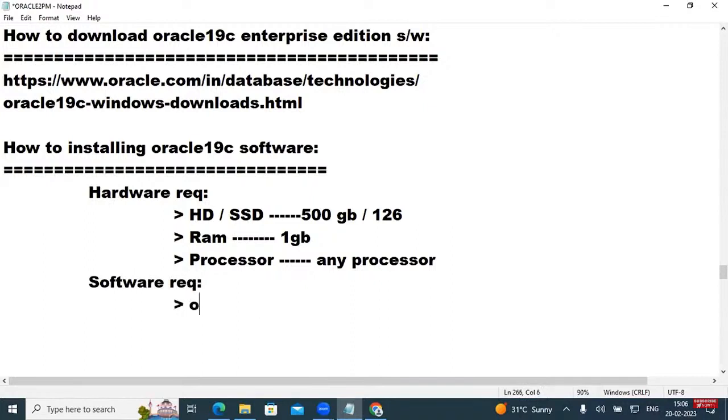I will give it to Oracle software. The 19C should be maintained now. Okay, then after that was required,